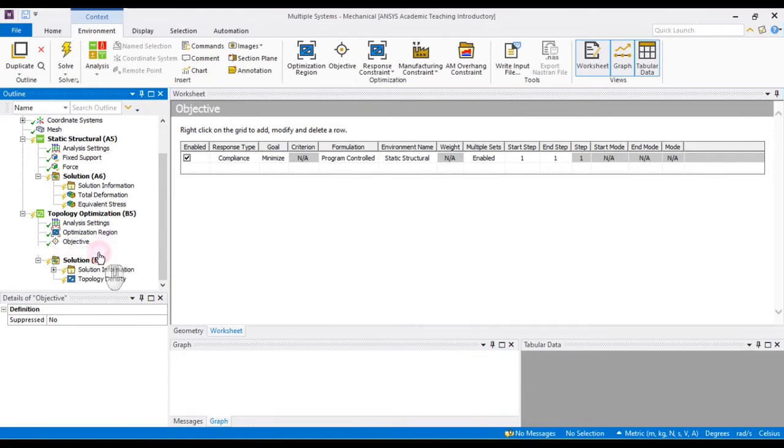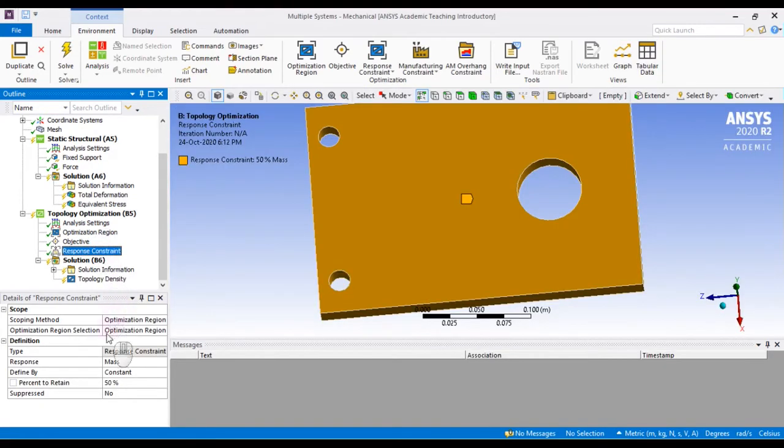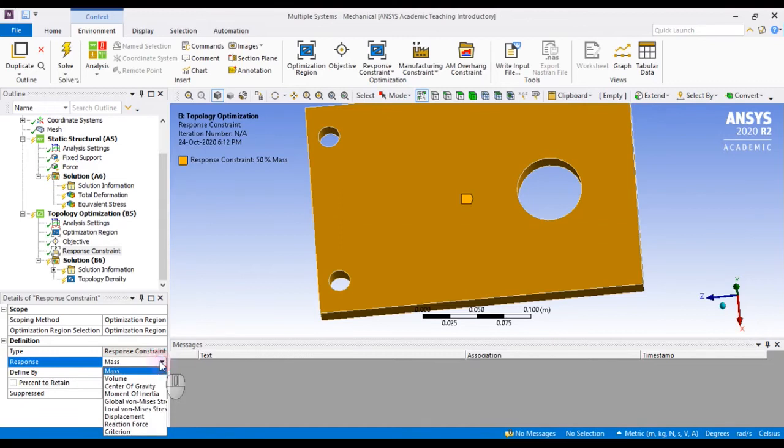The next one, in response constraint you can see what your response is. Let me click here. You have a category whether you want to reduce the volume or change the center of gravity, moment of inertia, whichever one you have to reduce. What is your response? Most of the time this topology optimization is meant for reduction in mass, so I'll go for mass.